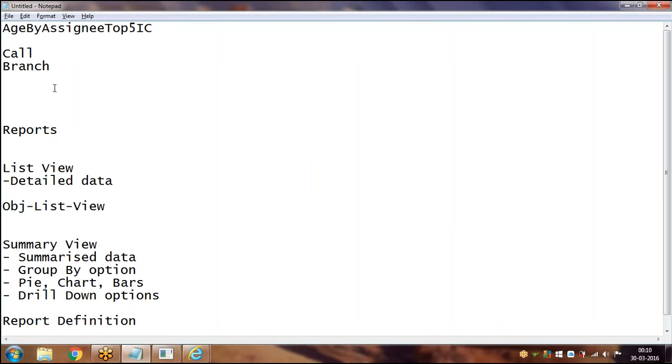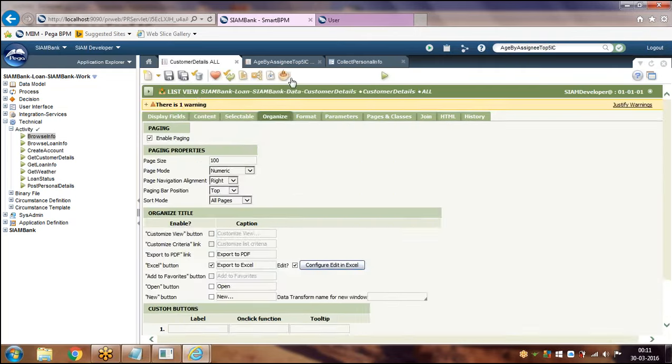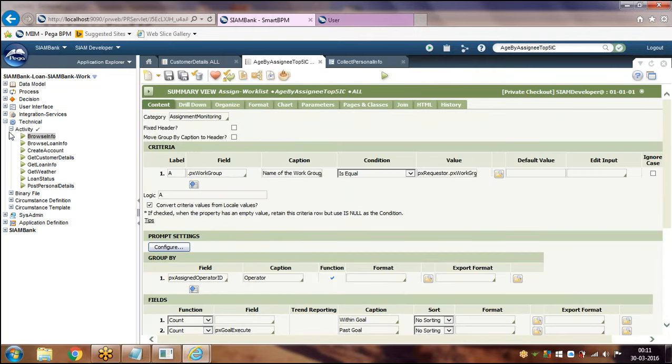Another reason is that one of the Pega guardrails is that an activity should not contain more than 30 steps. I think 30 steps. So using call or branch, you can decrease the steps in the activity. You can decrease the steps if you create a child activity for 5 steps. You can call that activity here. So let's see. I just want to show you how we can call another activity from one activity.